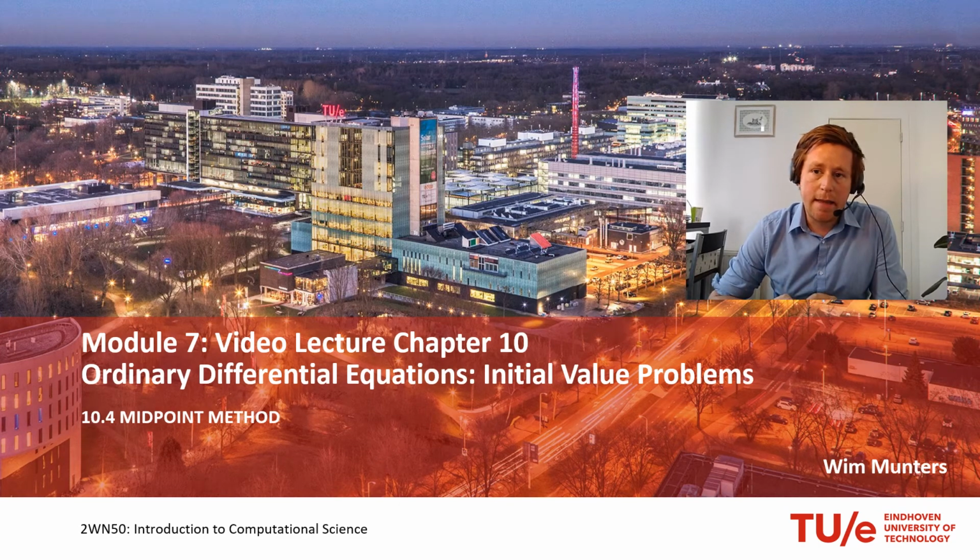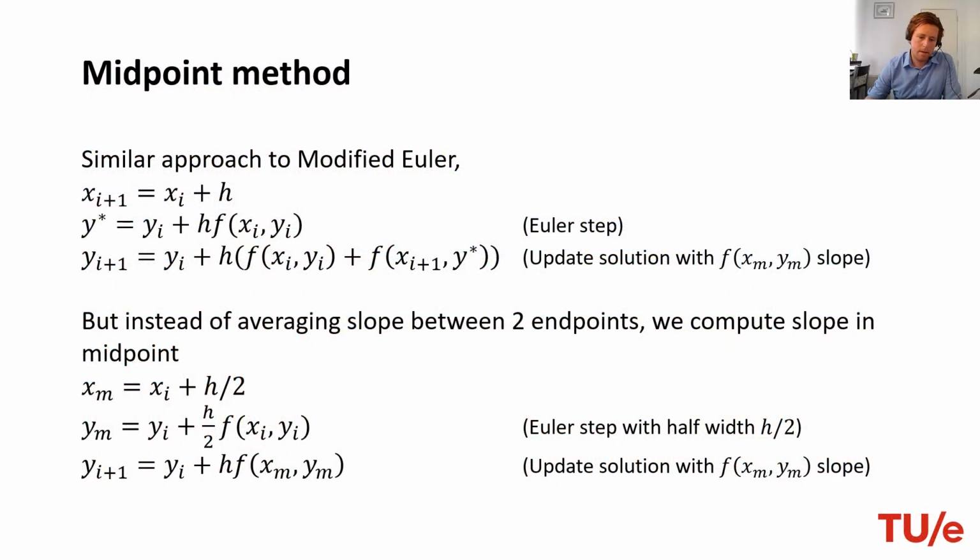In this video, we will look at yet another method for solving initial value problems, which is the midpoint method. The midpoint method has an approach quite similar to modified Euler in that it tries to account for the fact that f is changing over the interval from i to i plus 1, and it tries to incorporate this change by not only looking at information on f from step i or from step i plus 1, but maybe trying to get somewhat better information